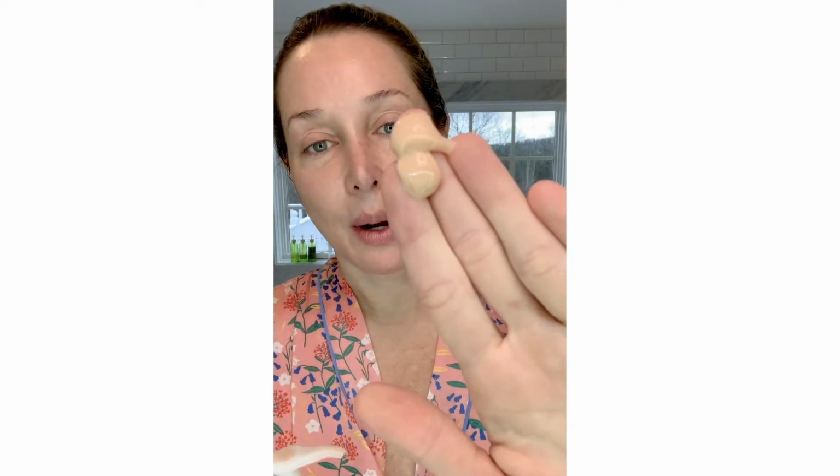So I add a little bit of the product and we apply it directly on dry skin. This product is really gentle, so you can use it every single day to get rid of your dead skin cells. It has both chemical and physical exfoliants that gently remove everything on the surface layer. That way everything penetrates deeper into your skin. So basically you work that in, you polish,